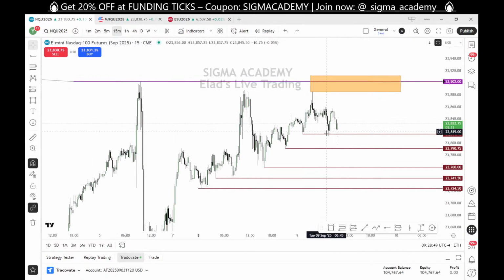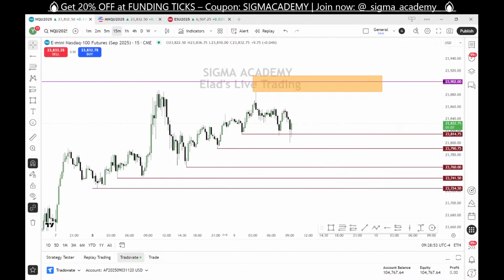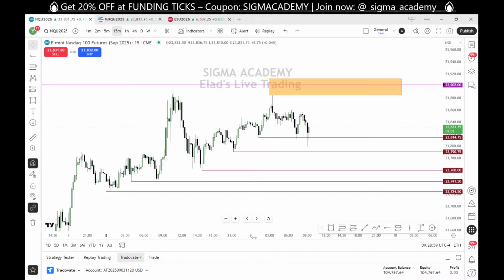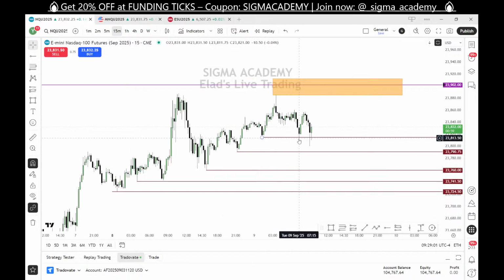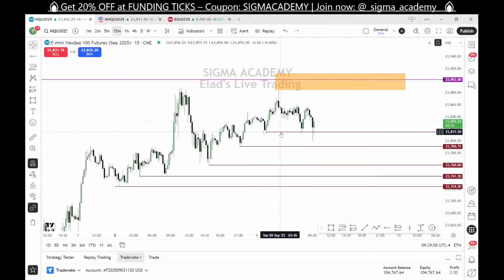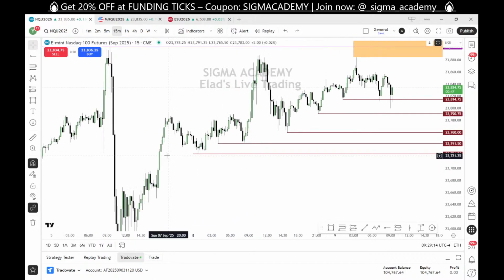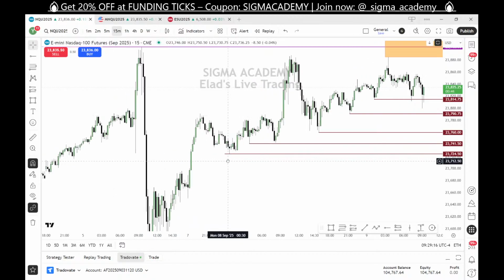If I know there's a lot of strength that I will see right here for buying pressure, for the algorithm to show us indication to go up, same idea we can anticipate here, here, and here. But the most powerful is right here. Why? Because it has fair value gap just below it, as you can see.